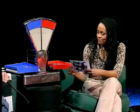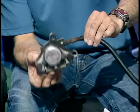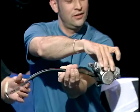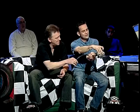Come on then, Daryl. It's a brake caliper. I think it's a rear brake caliper. Yes. It's an old one. I reckon it's an old Yamaha rear brake caliper. Will that do? No, you need to tell me what model. That's quite harsh, isn't it? What model? Well, have you got any clues? I'm going to go with an FZ. An XS. No. It's a boring sort of...